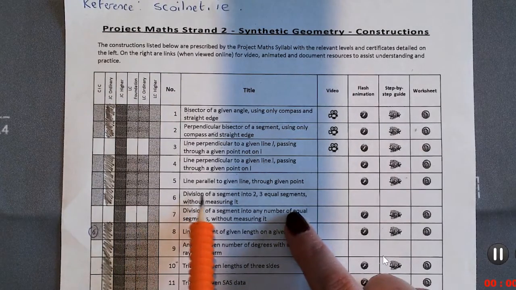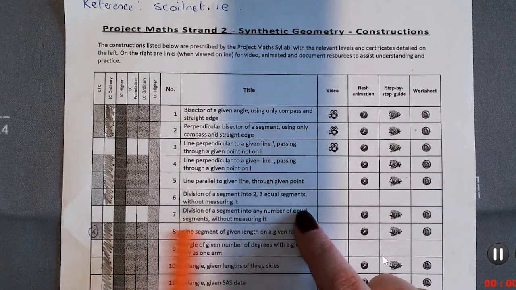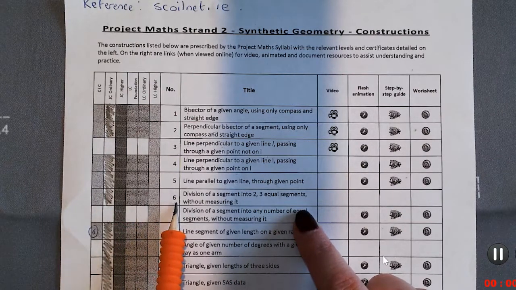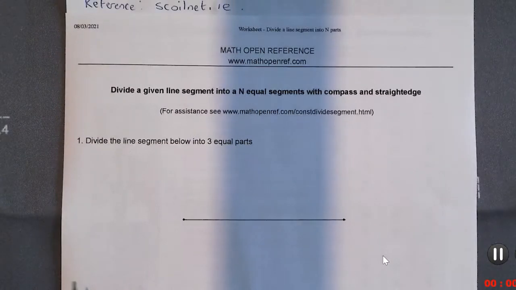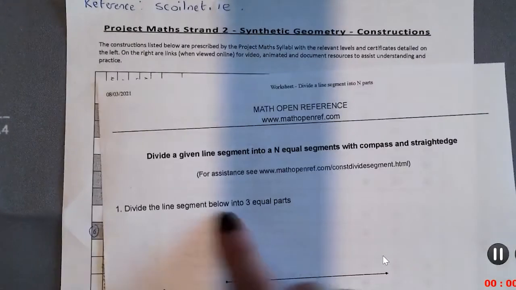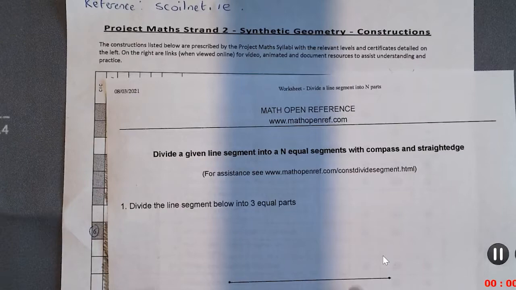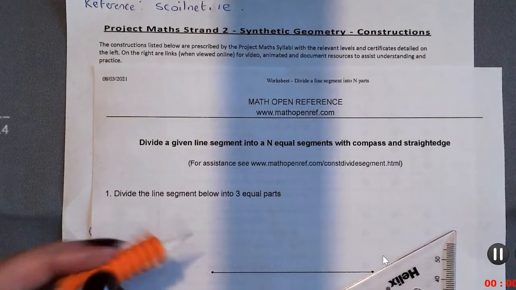Construction 6. Division of a segment into 2, 3 equal segments without measuring it. So this construction is on all courses. The worksheet that came with SQLnet, I'm going to use that to divide the line segment below into 3 equal parts. Okay, so at the start of this one, you draw